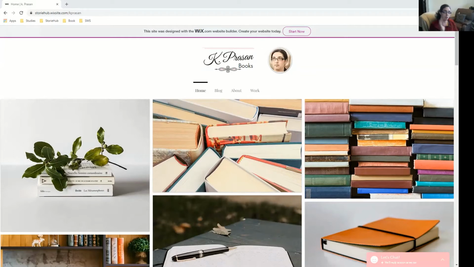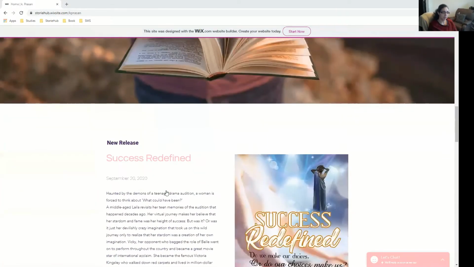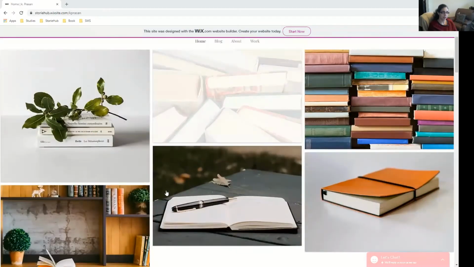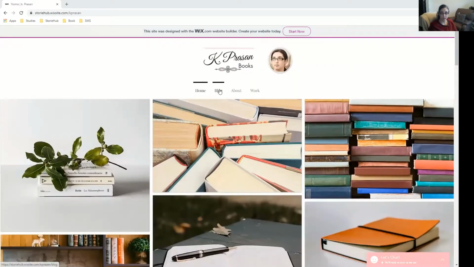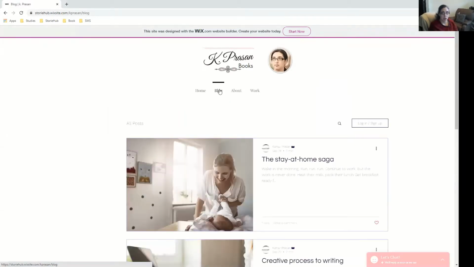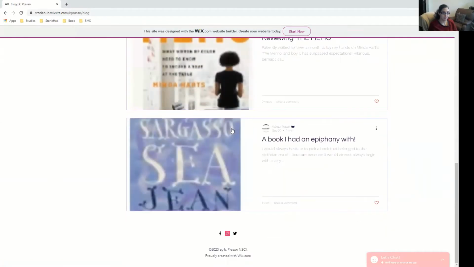There are 4 pages that I've added on to my site. If you can see, the homepage, the blog, the about, and my work. Bits and portions of the blog, the about, and the work are mentioned in the home page itself, but I've also added extra pages so that I can add additional content to each of those pages. I've also added the chat feature, which is really cool.